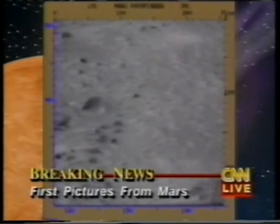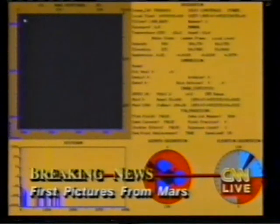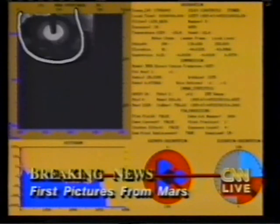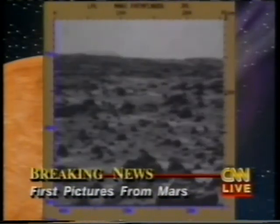There it is. I lost my train of thought. What were we talking about? That's what we're seeing in the picture. The age of the river. The only way you can tell how old things are on Mars, because we don't have a piece back yet to age date. Okay, now this is a calibration target. See that circle? That's going to help the camera calibrate its color. And that's why we're going to get the color to be right on those first color pictures. Sort of like in TV. We point our camera at something white and push a button and it gets all the other colors right. Right, and this is sort of the same sort of thing. Now, the age of the river valley that we're in is not...